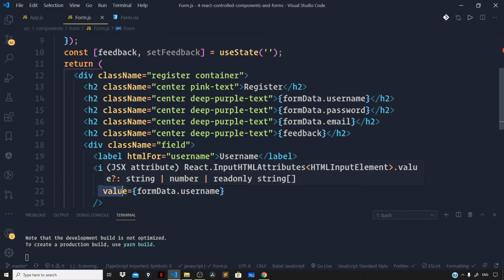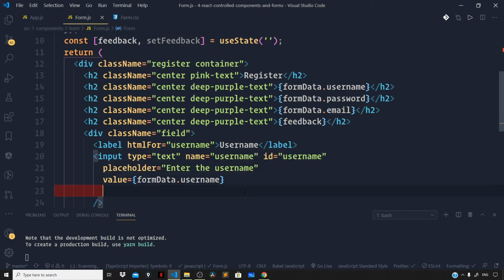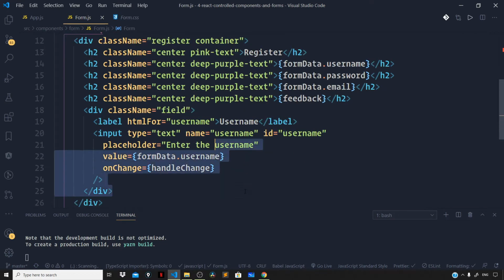So this way we keep our input control in sync with the state. So let us add an onChange attribute and set this to the handleChange function that I will define in just a minute. So now let us copy this entire field and paste it down below